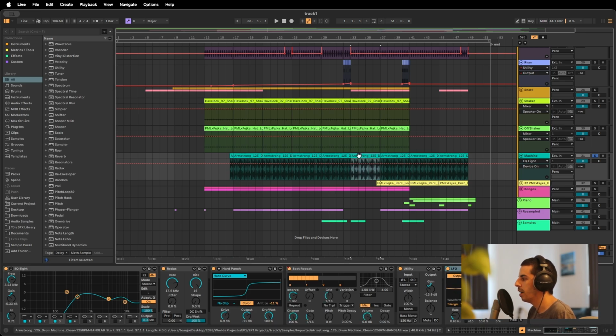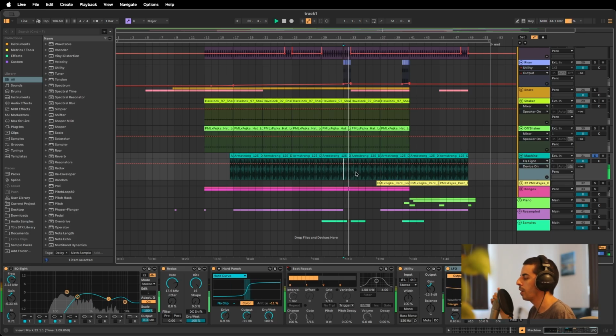And then the last thing that I have is that I turn on the beat repeat here for the climax of the song. So it normally sounds like this. But for the climax,